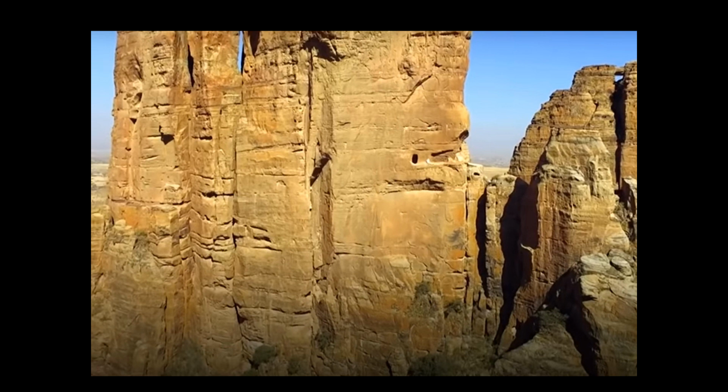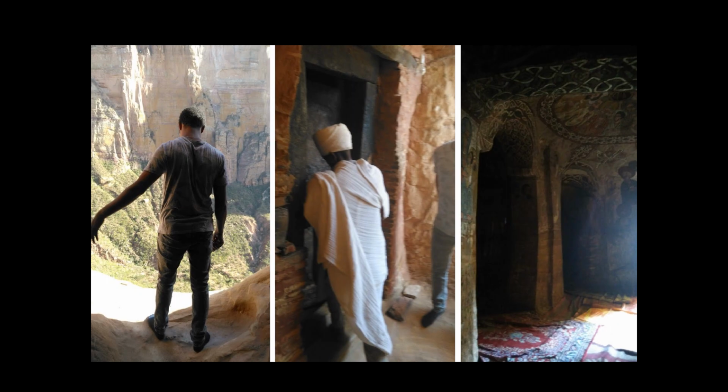So we work our way across that path, sticking very closely to the cliff, and we enter through that doorway. You can see there's Goosh on the left, our guide. He doesn't seem to be bothered by heights at all, quite happy to peer over the edge. Inside this doorway is kind of like an anteroom, and then we get into the true door that goes into the church. So this sort of portal just in the rock face, the priest unlocks the door,